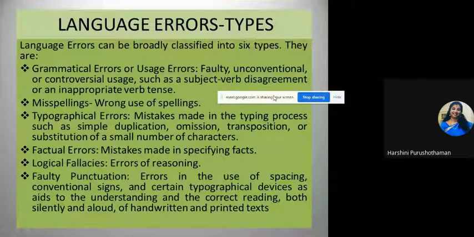Maybe next time I'll be able to bring in what type of mistakes the researchers make, especially when it comes to research writing. Okay, then